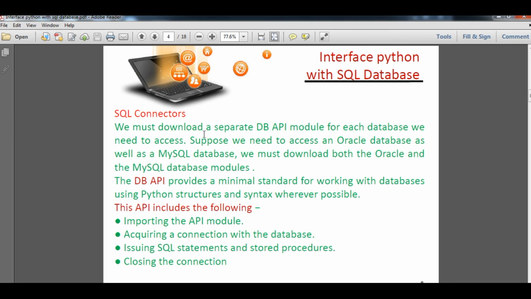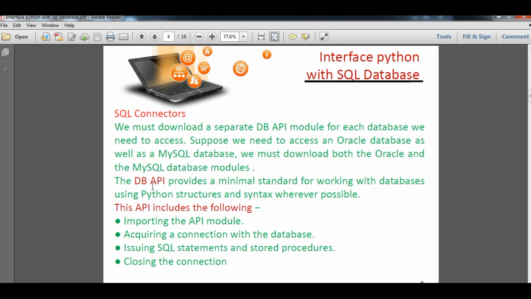It provides the facility to access a database like Oracle. If we are going to use a database, we have to download the MySQL database connector, and after that we use the MySQL database modules. After that we can easily import MySQL as a module, otherwise it will give you an error.